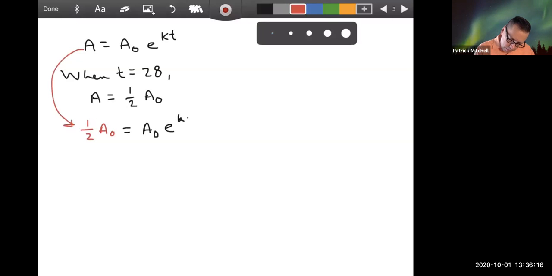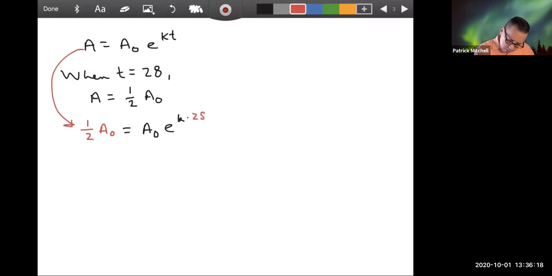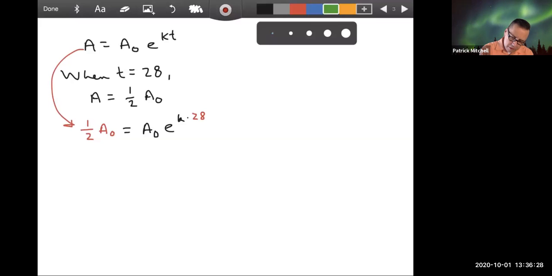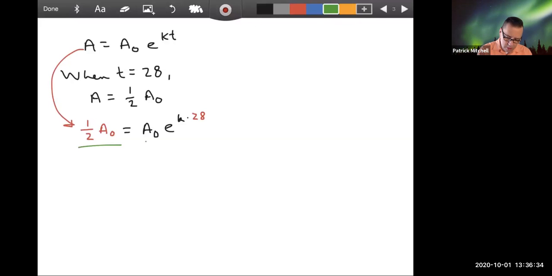Okay, here we go. All right. So this is an equation that I can solve for k. The first thing I'm going to do is divide both sides by A sub 0. And notice what happens. Not only does it disappear from this side, it also disappears from that side, which reveals